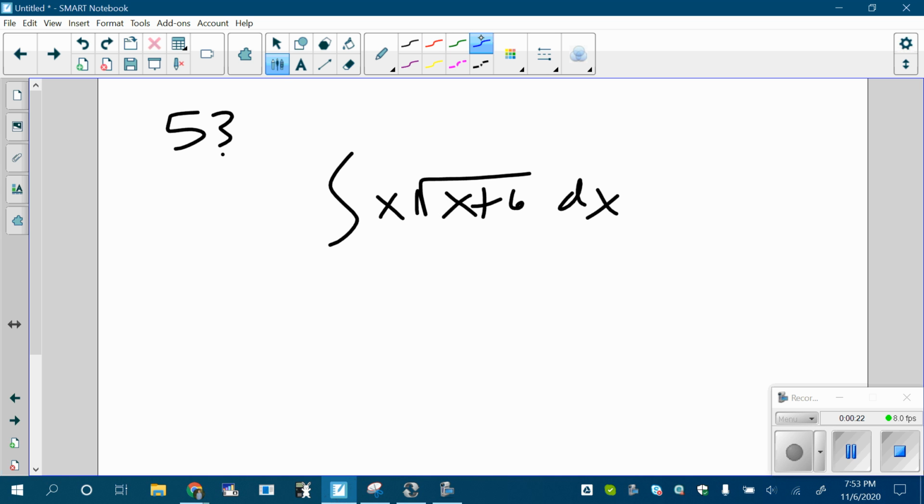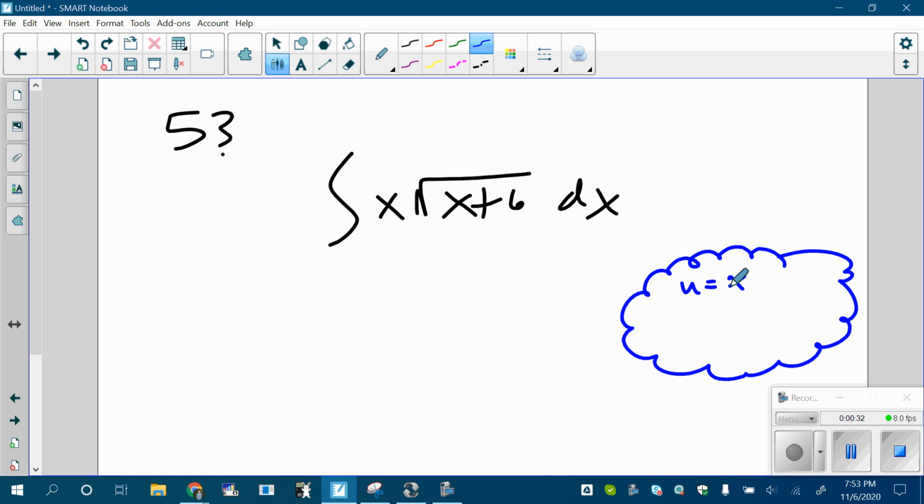First things first, draw the cloud. Pick your u. There's really only one choice for u here. It's got to be x plus 6. The only thing to choose. If you choose the whole square root, that's not right. du is just 1, just dx. So you go over to your problem,